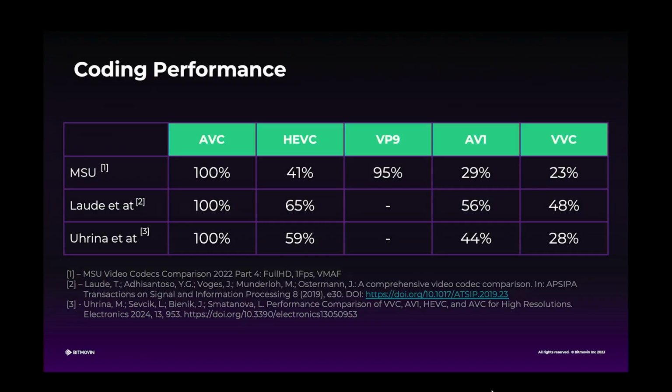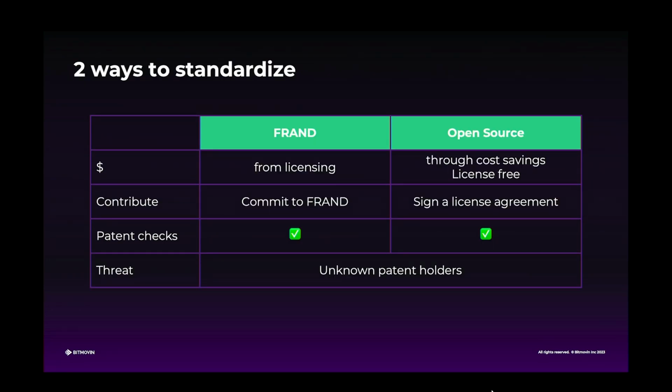The key point that I want to make here is that roughly, very roughly, right? So don't take the numbers as precise. Very roughly, if we take AVC as being 100% bit rate, then with HEVC at the same quality, you can save about 40–50%-ish of bit rate. If you're going to VVC, you can save another 30–40–50-ish% of bit rate. And AV1 is somewhere in between. And for VP9, I was actually not able to find too much data, so I'm not sure what happened with this. I wouldn't put too much emphasis onto this.